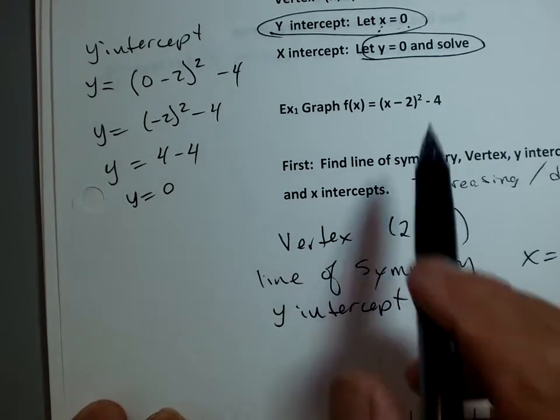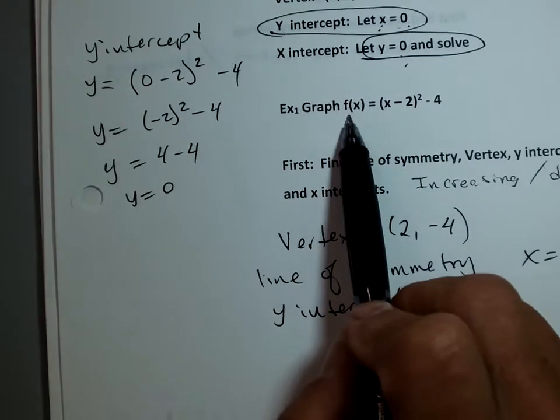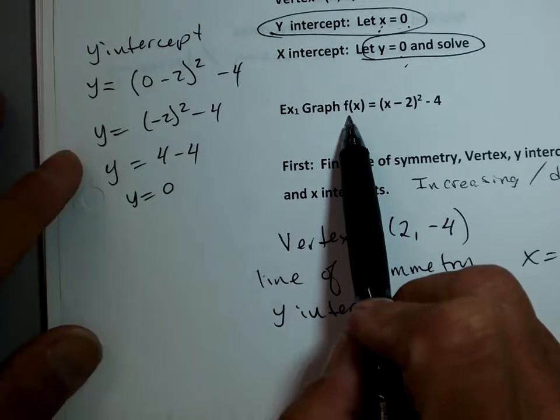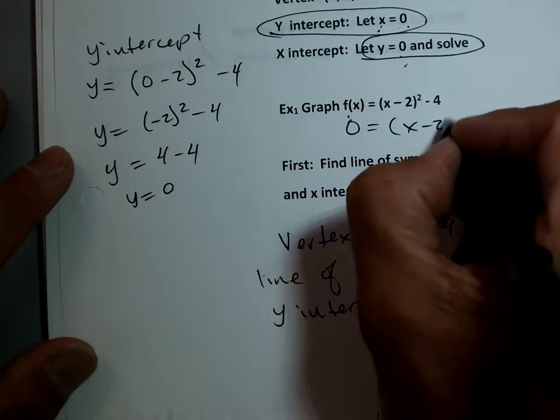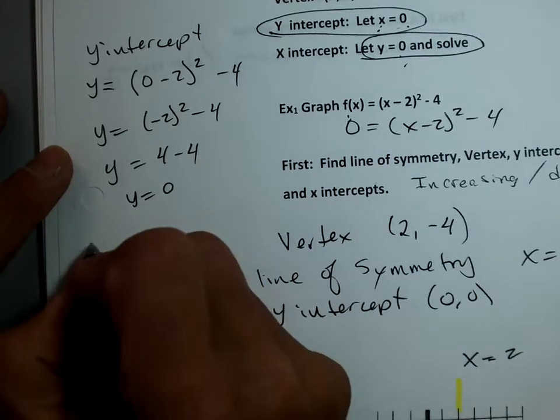So I'm going to let y equal 0. Instead of writing y or f of x, I just put 0 right there. 0 is equal to x minus 2 squared minus 4. But I'll do the work over here, okay? So I'm looking for the